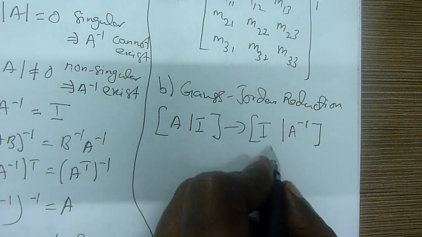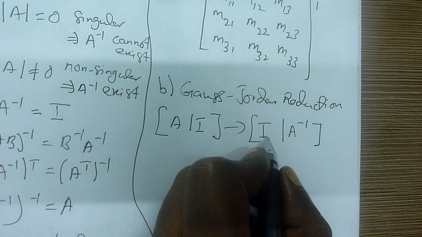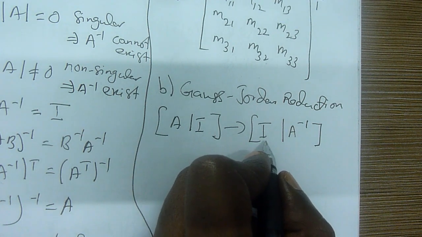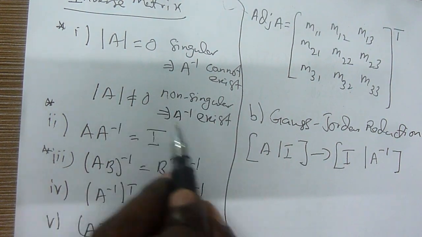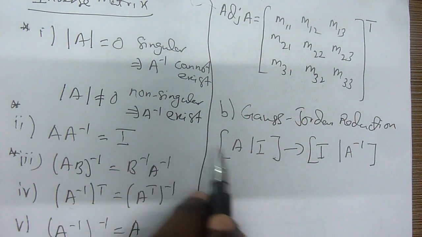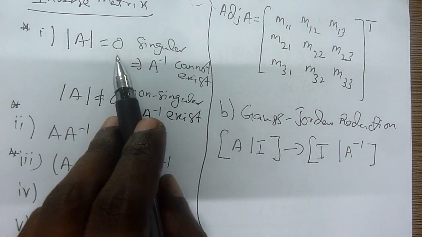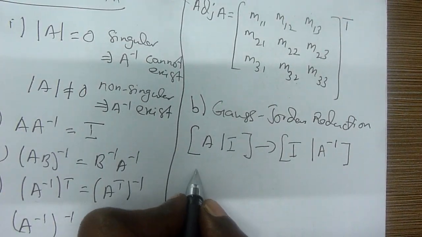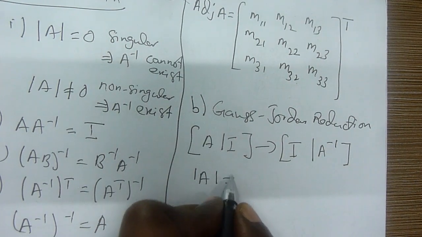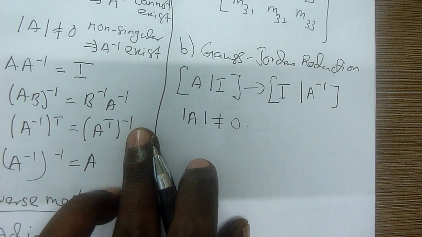But you must make sure the inverse of A exists. It must exist. If it does not exist, finish. That means if it is singular, you cannot solve. Only if it is non-singular can you solve. That means you need to make sure the determinant is not 0 before you do the Gauss reduction. You must remember, first you need to make sure of this, then only can you go and solve this problem.